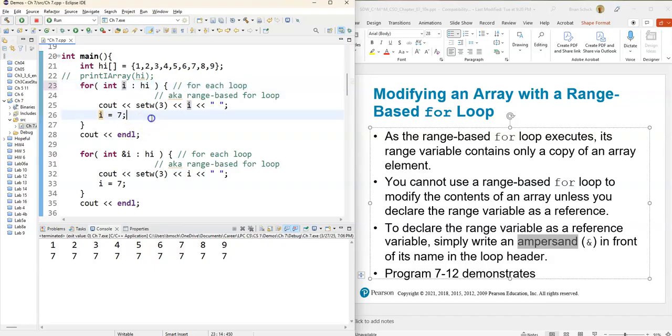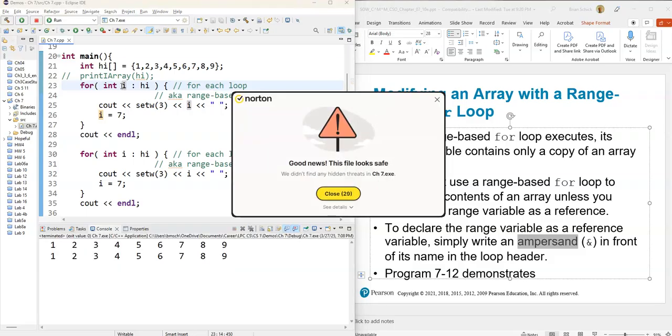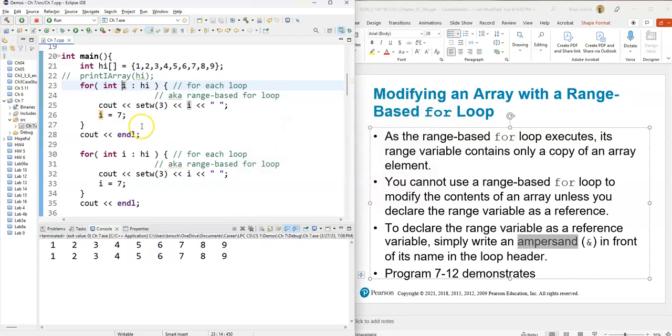You can change the range variable that's a copy of the elements in the array, but that will not affect the array. So if I do not have the ampersand in front of the range variable right here, like no ampersand, and I run it, the array doesn't change, stays the same. The i changes, right? So I do have i as 7 here, and if I printed i, it would still